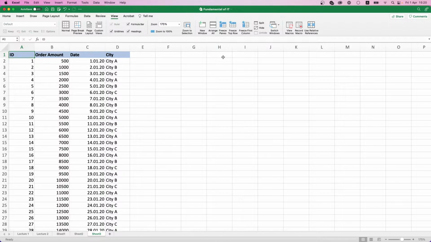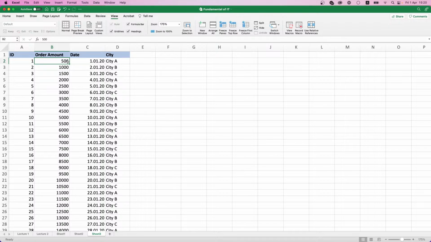And what if we want to freeze the first column and the first row? Everything is simple. We just use the freeze panes button, but you need to see that when we check the columns and rows, we have them crossing at one cell. For example, the top row and the left column cross at the ID, and what you want is to freeze everything when you